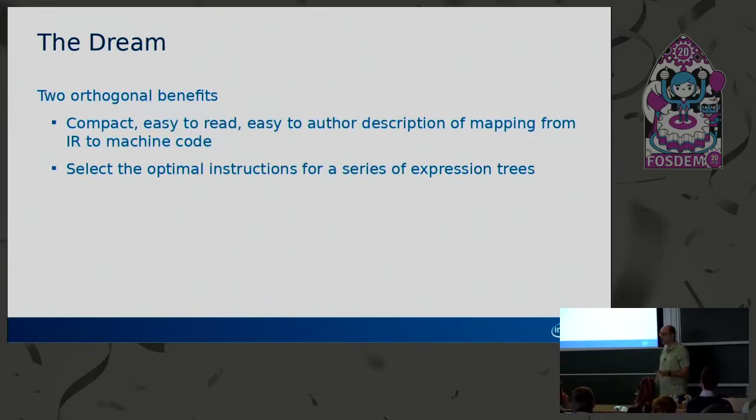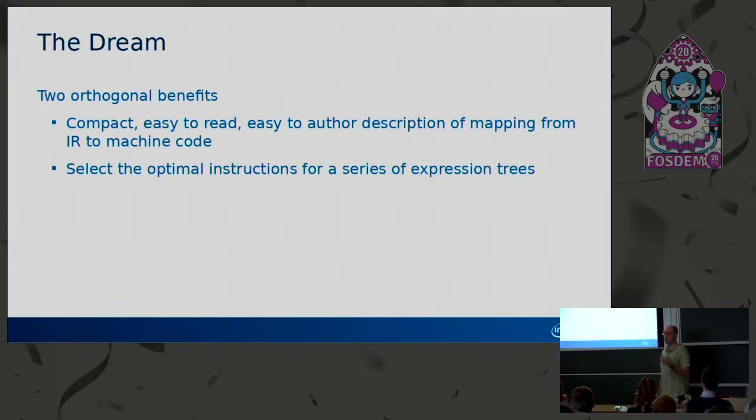So this is definitely orthogonal to the first benefit, and some other work has been done on this that doesn't use a code generator. Eric Anholt has, I think, one of the oldest still open MRs in Mesa GitLab since we switched over to GitLab for a thing called Nultus in the driver that he was working on that tries to apply some of this. So it's orthogonal, but the two things play together really well,